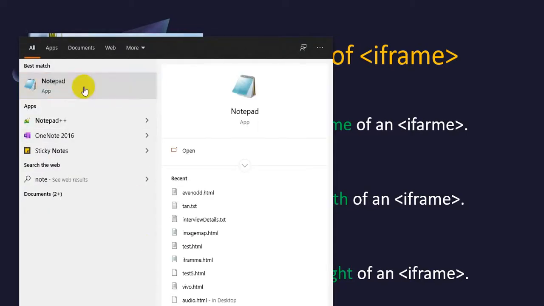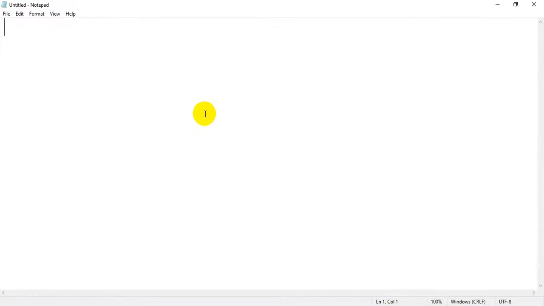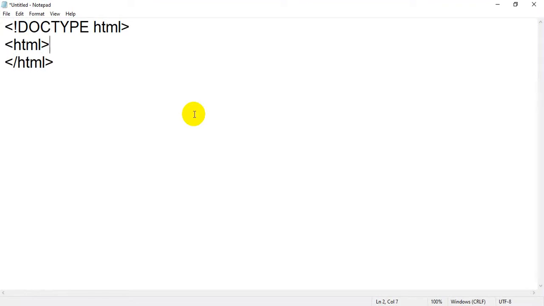So this is my notepad application. As we know, we are going to write code inside HTML5. So the first line will be doctype, and inside doctype I have to write html. This line indicates that we are writing code in HTML5. As we know, students, we have n number of versions of HTML, and the current version we are using is HTML5. How does my browser come to know which version you are using? By using this line, which tells our browser that we are using HTML5.